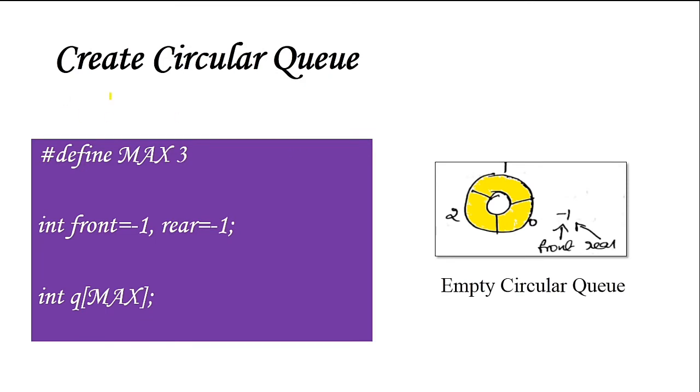Now how can we create the circular queue? That is the same as your normal queue. You define the maximum size, then write the initial condition. Here we usually write that front and rear both will be pointing to -1. You can see the initial condition, front and rear are pointing to -1. Now when you want to insert an element, increment rear by 1 so that rear will point to 0 and insert the element. Then you define a queue of maximum size. Now I have defined the maximum size of the queue as 3.